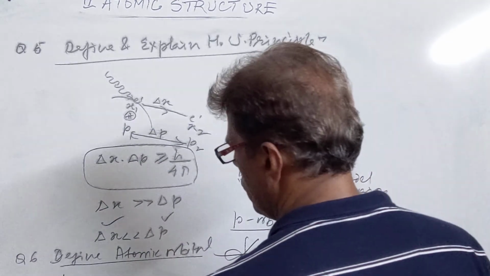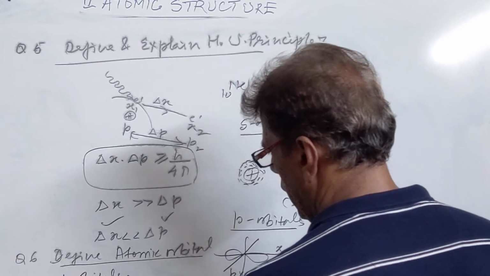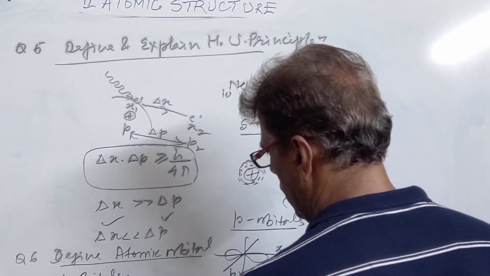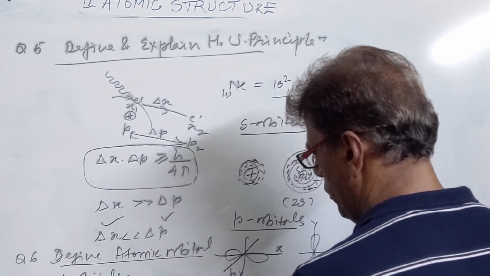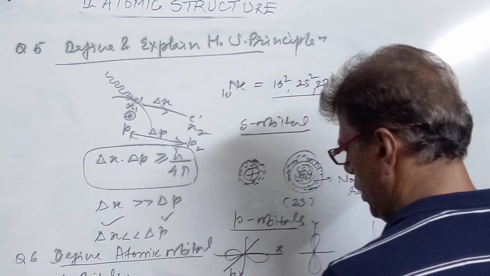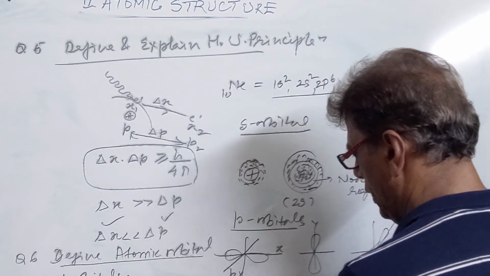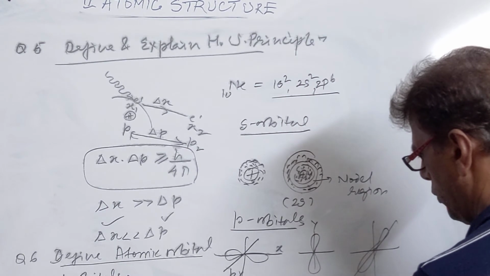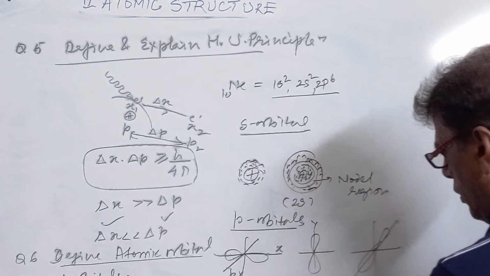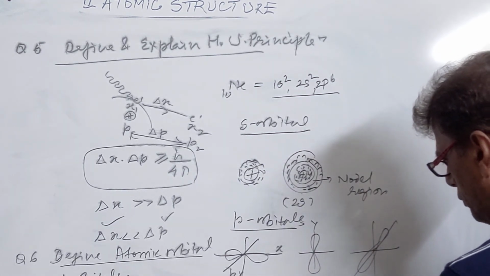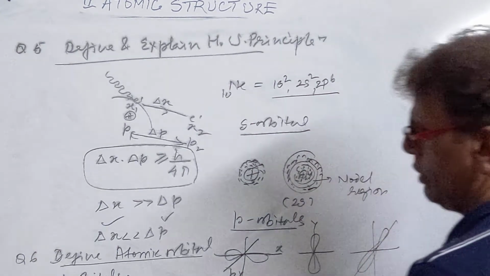Then we have d orbitals. They are 5 in number, as we have seen. They are dxy, having the electronic lobes between the x and y axes. Then we have dyz, having electronic lobes between the y and z axes. Then we have dzx, having electronic lobes between the z and x axes. Then we have dx square minus y square. Then we have dz square. This is z square. It has a circular ring around it. So these are the 5 orbitals.